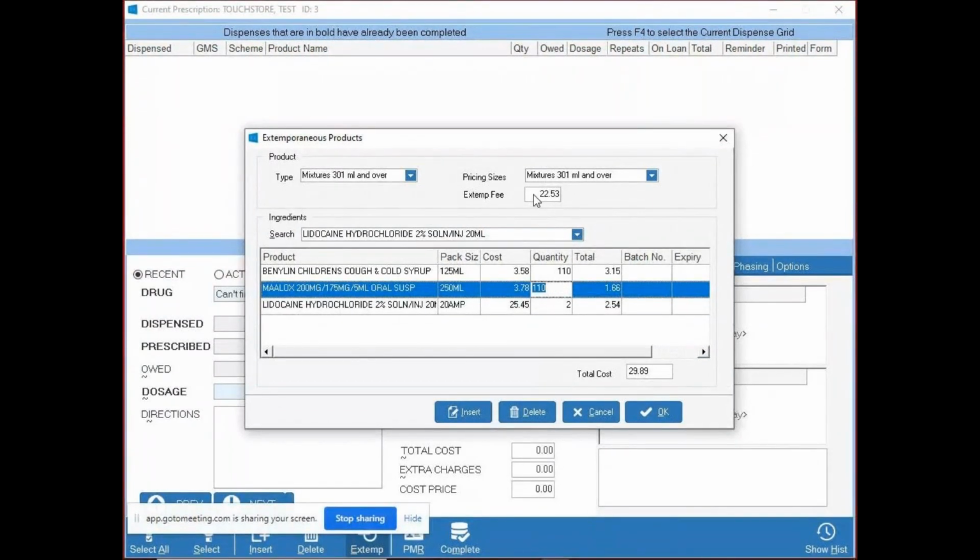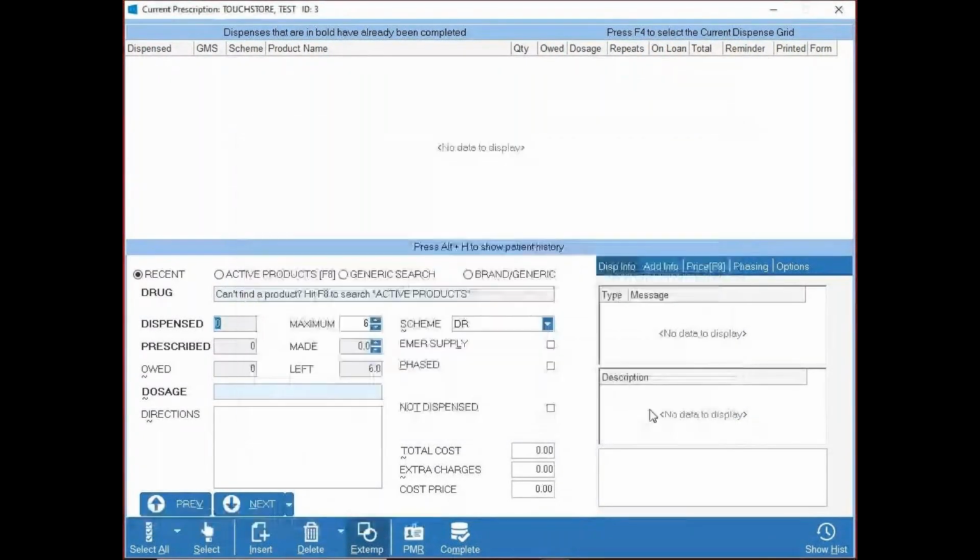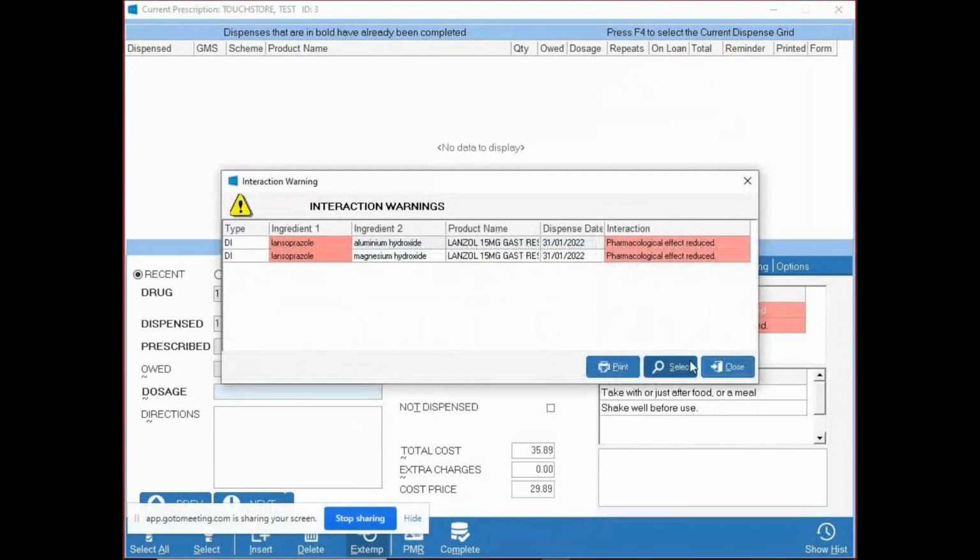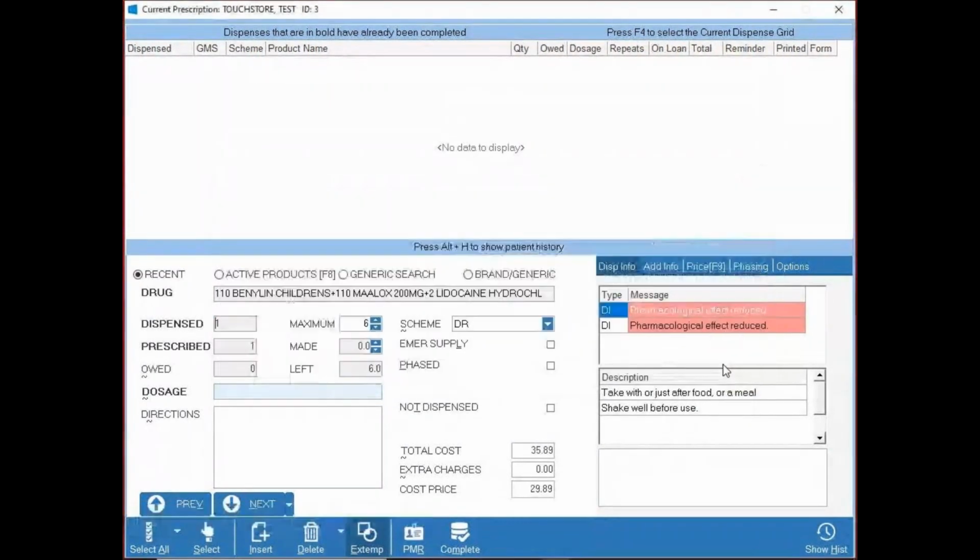We've taken all your ingredient costs, which have been reduced by the reducing of the quantity. And there's your total cost, 29.89. As soon as I say OK, there's my interaction, because God knows what else I have them on. So there, it's after shortening the name of the product so that the PCRS are happy, because